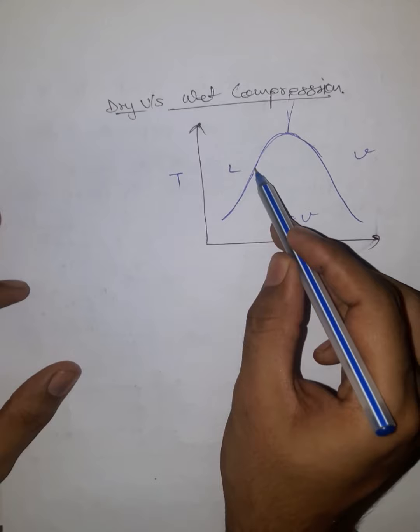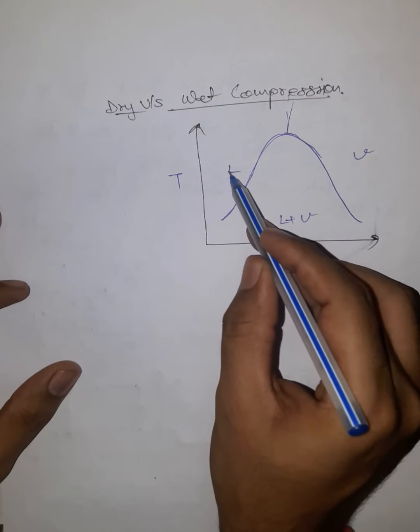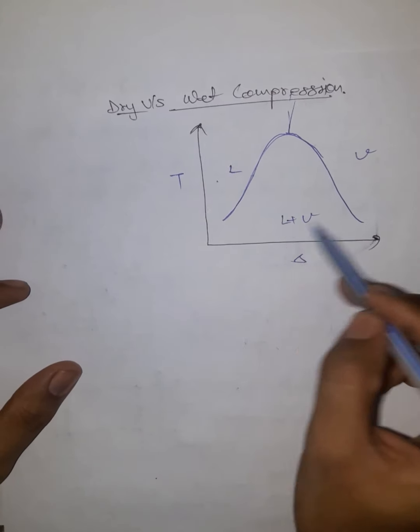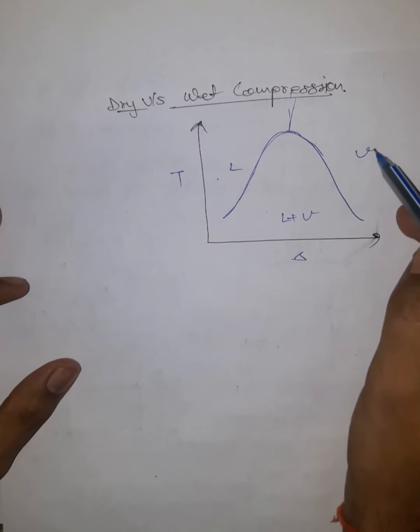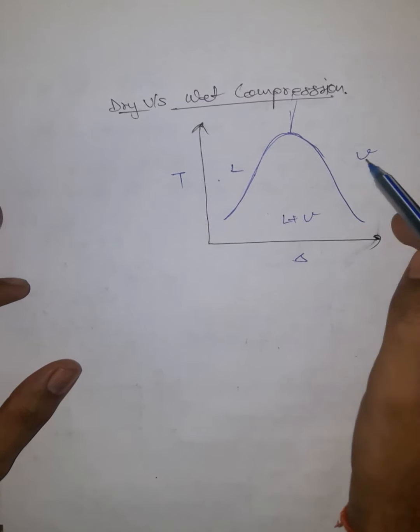This is a saturation curve diagram. We are having the TS diagram. In this diagram, this is the saturation line, and before this region, there is the liquid region. This region is the liquid plus vapor region, and this is the vapor region. This is also known as the liquidus line, and this is also known as the vapor line. Okay. So now I am making the processes here.